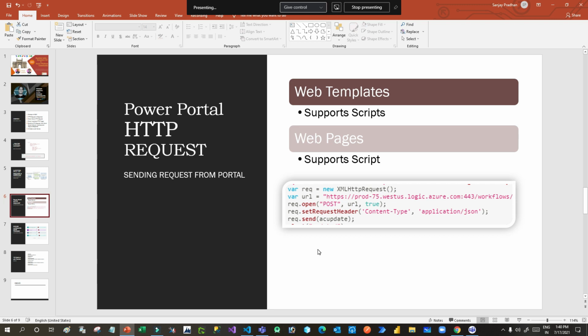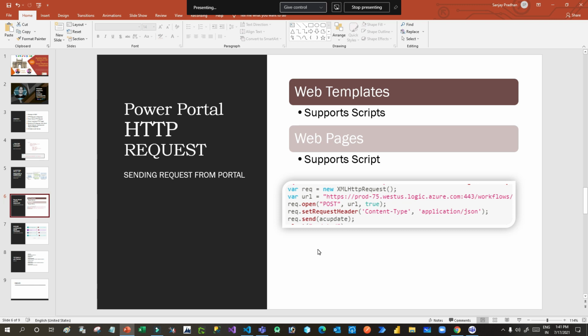So it's not about Power Portal. You can use XML HTTP request in any third-party website, and you can call Power Automate, right? It's not about Power Portal, but in Power Portal it is not required to do more authentication methods.